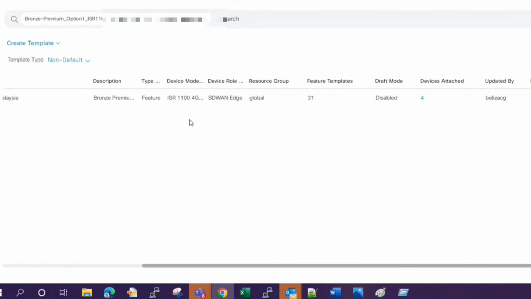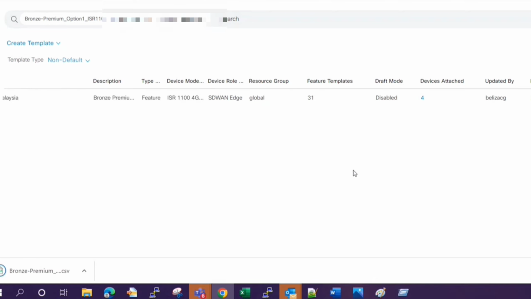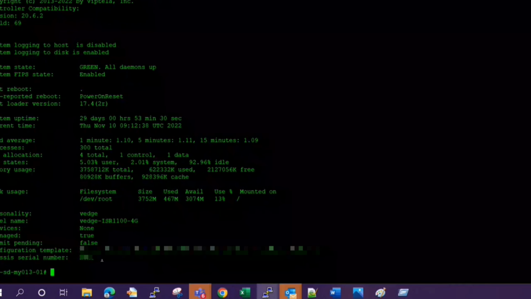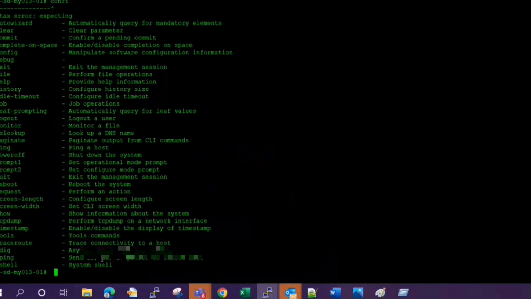Okay, so that's the way you can attach or detach any device from the template. Likewise, I will download it and show you how we can detach this device from the template in CLI mode. The basic problem is that this device is attached to a template. Now if you go to config,